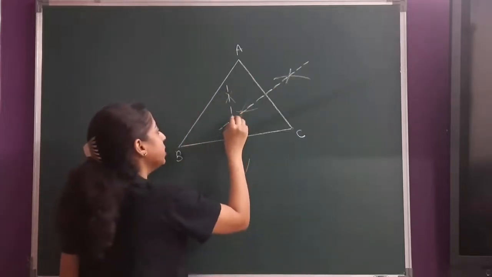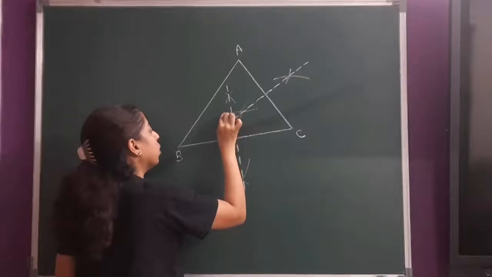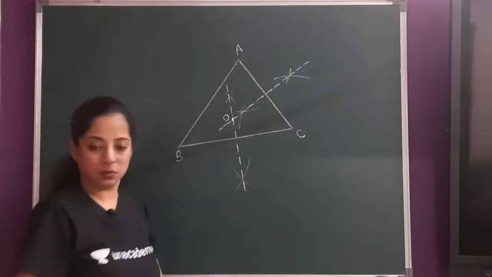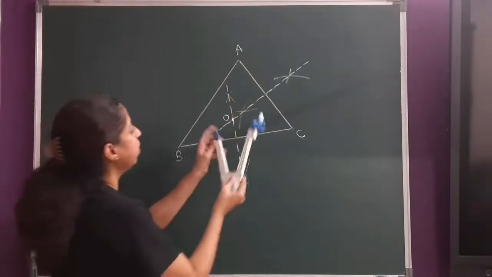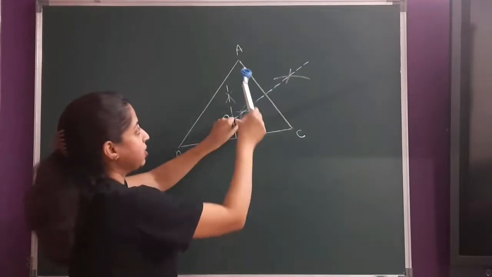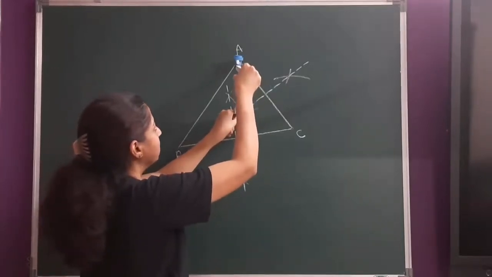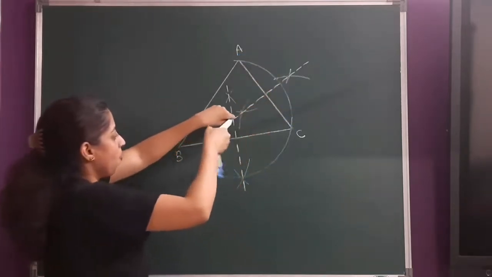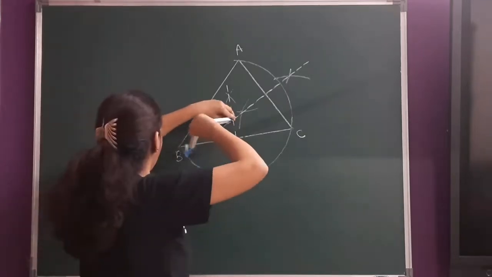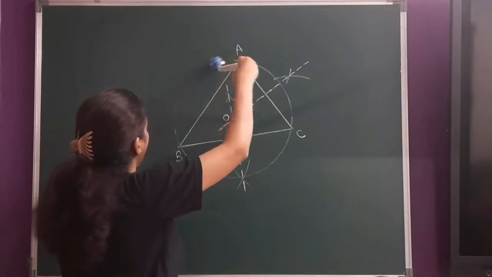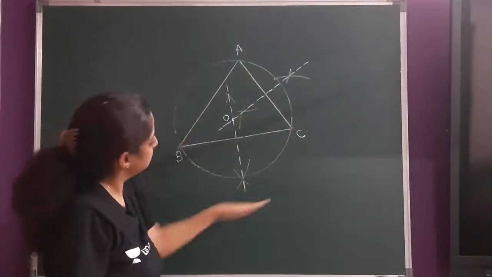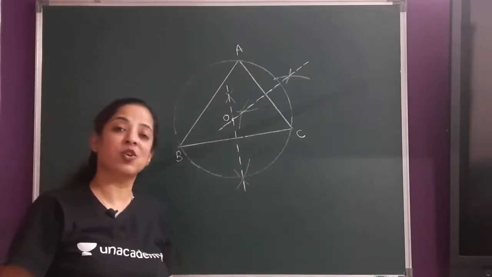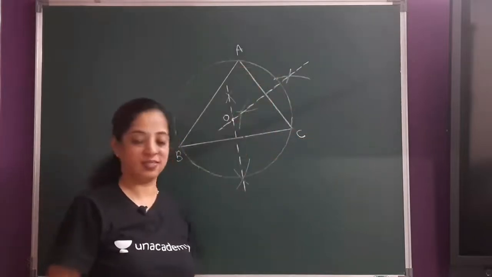Now you can see that these two lines are meeting at this particular point. So we have got our center O. Now taking O and any vertex as the radius. So let me take O. Keep this point at center and any vertex as the radius. Just draw the circle. Okay. So this is the circle which has touched all the three vertices very well. I hope now you have understood the concept of circumcircle very well.